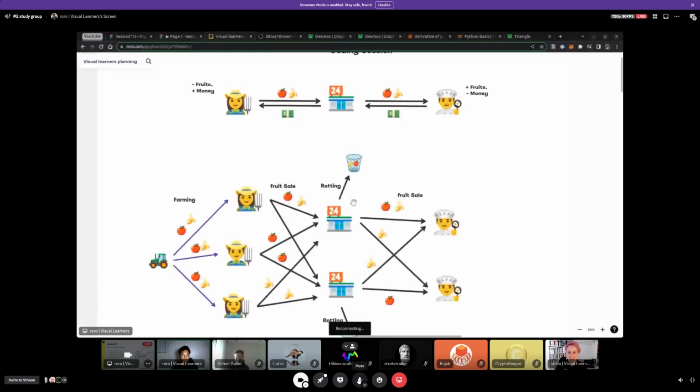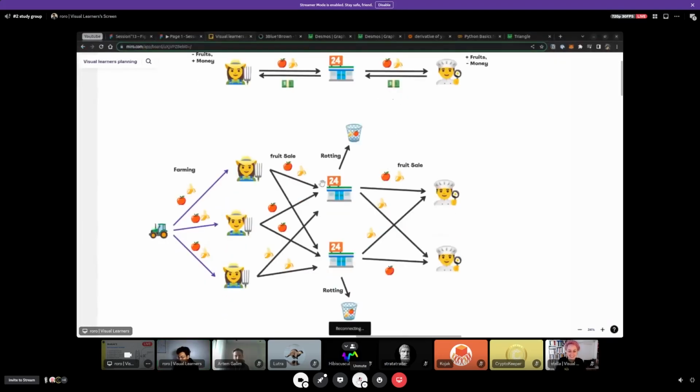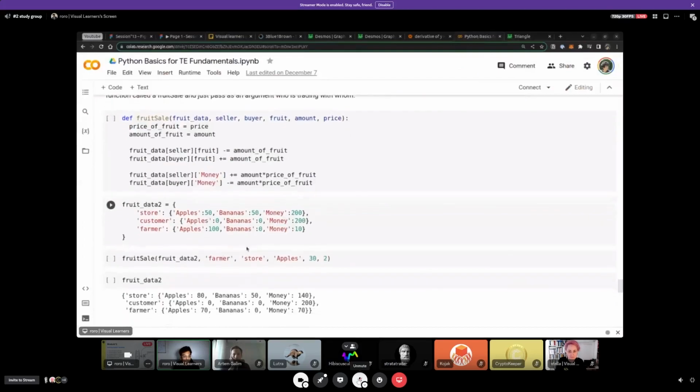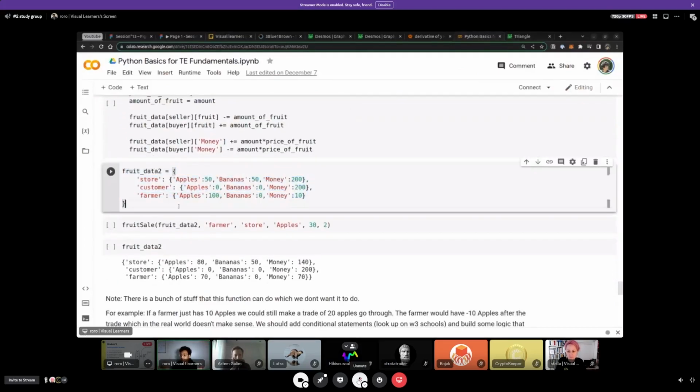F11, yeah. So we solved the farmer's Python thing last time. If we go into the state we defined here, this was our state that we called it. Here, if I ask you how much information I need in order to define the state, basically, if I want to know everything about a person, or everything about a store, I need 3 sets of information: how many apples they have, how many bananas they have, how much money they have. That's a 3-dimensional item. And this you could call a vector.